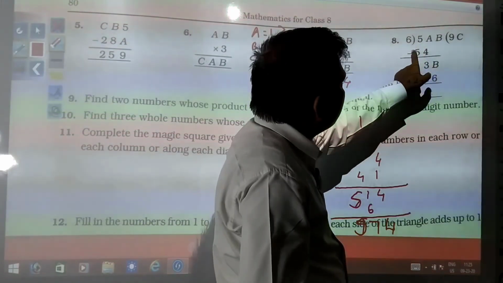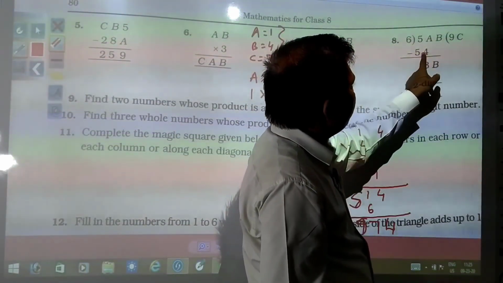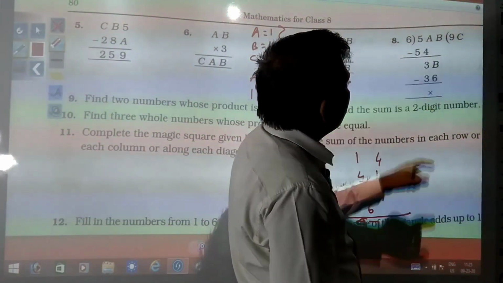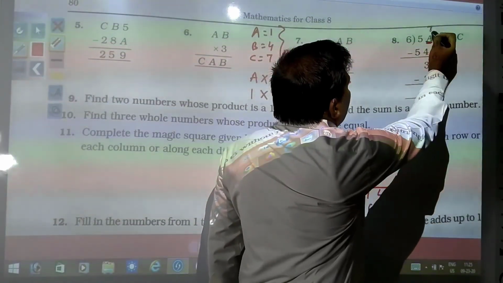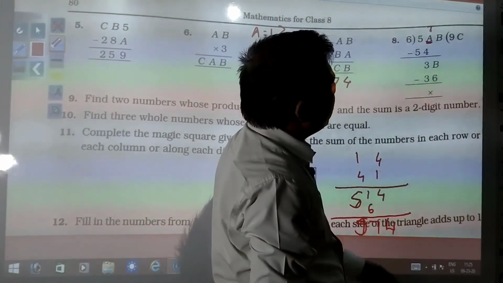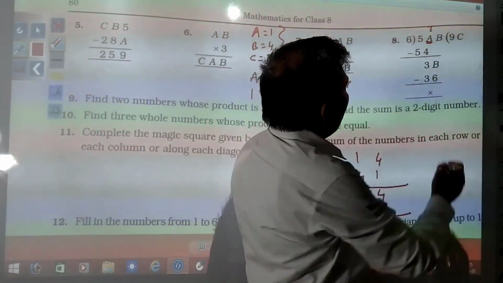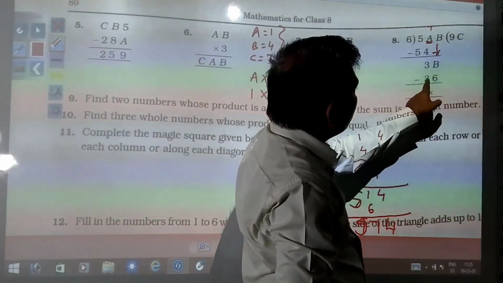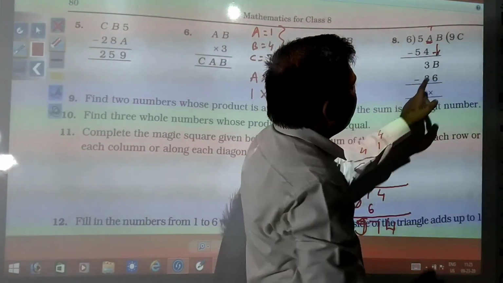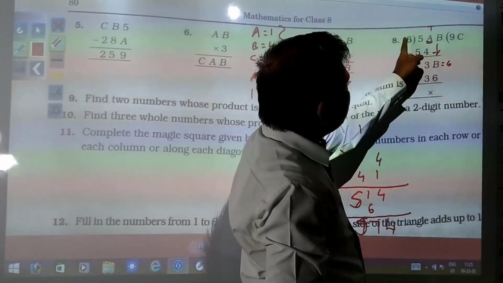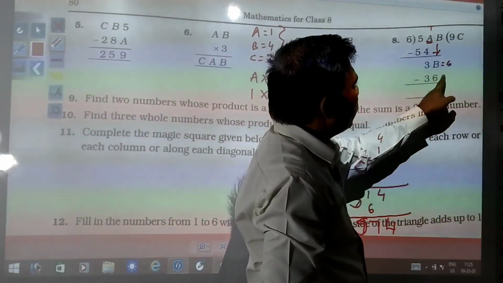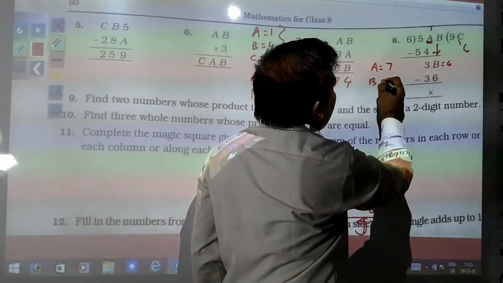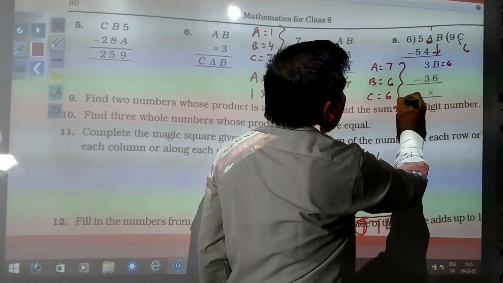Next you see, this is so easy. 6 9 ja 54. What value you will put over here, so that after subtraction you will get 3? So here you see A should be 7, so that 7 minus 4 will be 3, and 5 minus 5 is equal to 0. Now B has been taken down. Now you see, since remainder is 0, so here it also should be 36. It means B should be 36, and 6 ja 36 we know, and that's why C should be 6. So finally you have got A is equal to 7, B is equal to 6, and C is equal to 6, and this is your answer.